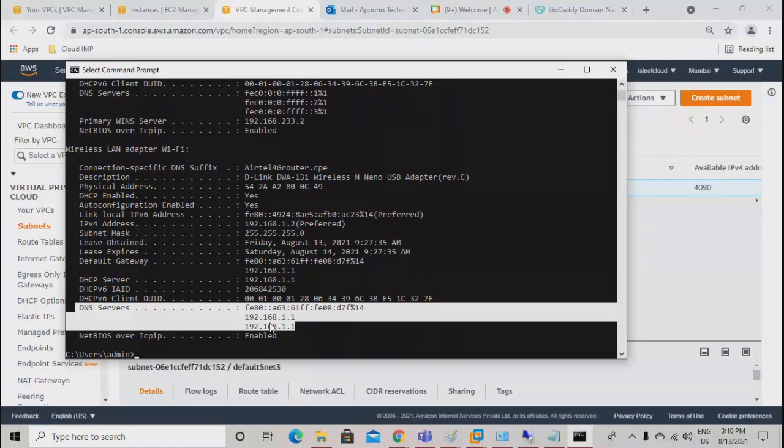Because if you want to access internet, you are trying to access some websites, YouTube, Facebook, whatever it is. DNS servers can tell you what are those websites and they will help you to connect. But if you don't have the DNS servers, you cannot access internet. आप निकाल के देखो, you will not be able to access internet. So is it clear what is the importance of DNS server?